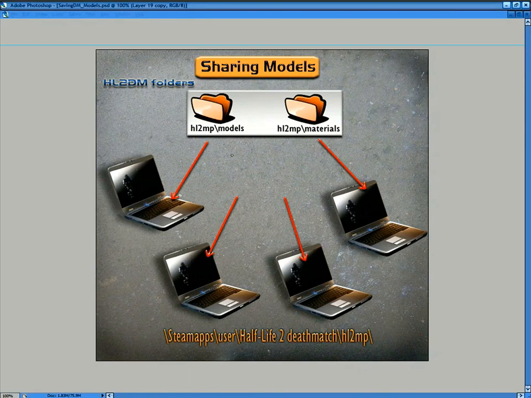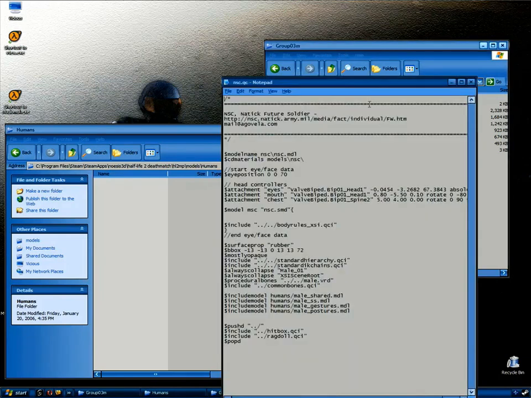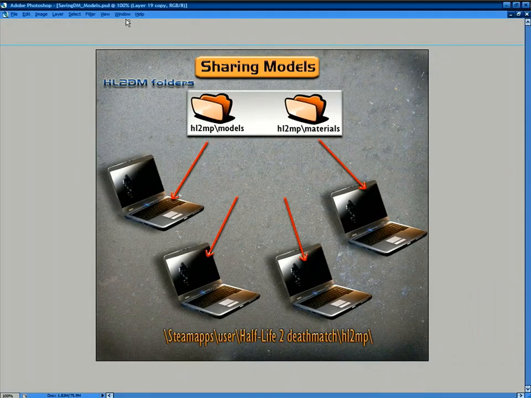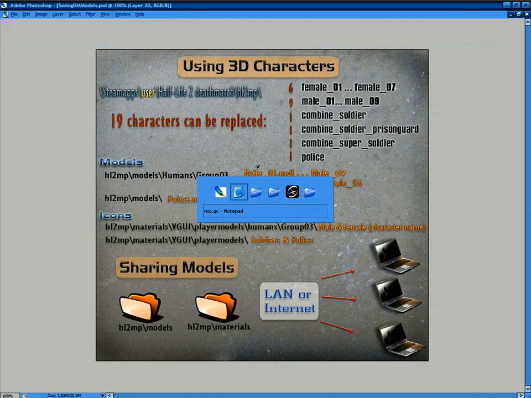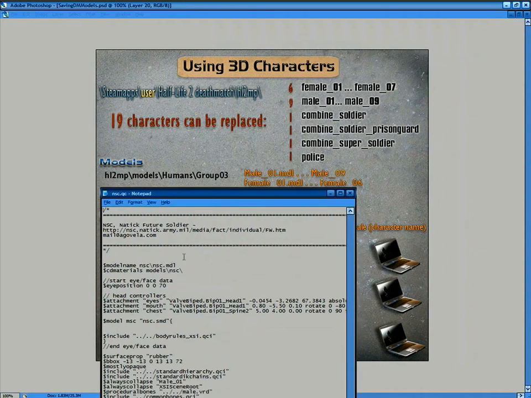So this is what we're going to do. Let's replace one of the standard male characters, as well as the police officer, with our NSC soldier. For this example, we're not going to use any LOD, because it does take a bit longer to compile. So let's use the normal NSC QC file. And what I'm going to do is change the root to match the name on this page. Under model name, I will put Humans,